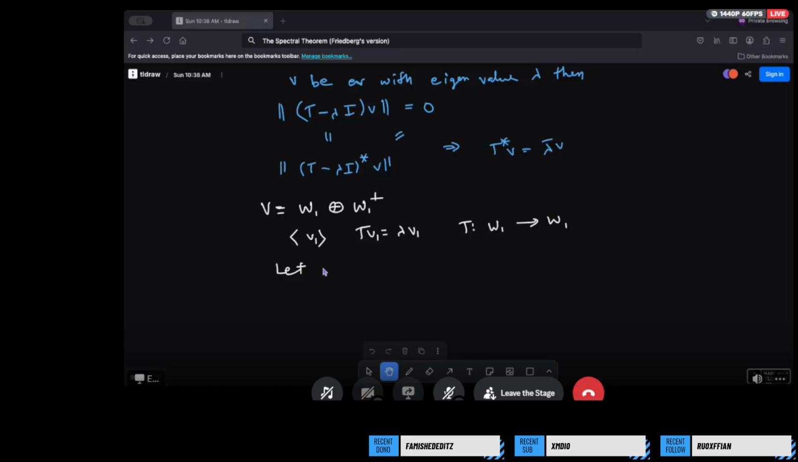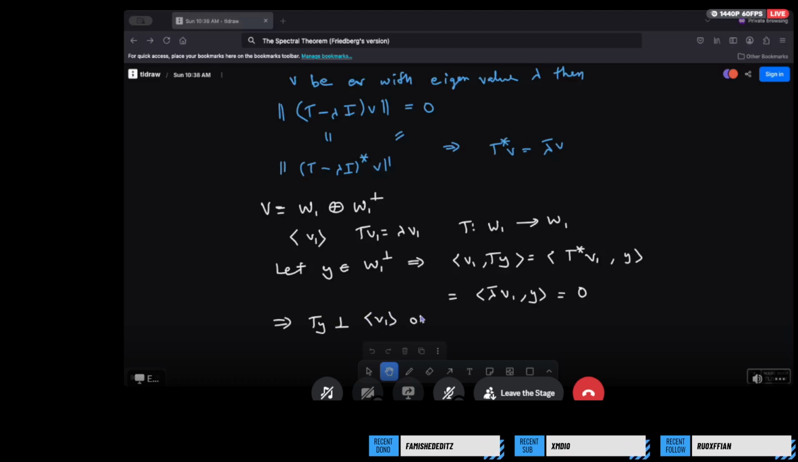Now let Y be perpendicular to W1. Then the inner product with V1, comma Ty is actually equal to T star V1, comma Y. And from what we just showed, this is equal to lambda bar V1, comma Y, which is equal to 0, right? So this again shows that Ty is perpendicular to V1, or T is a map from W1 perpendicular to W1 perpendicular. And we're done because V is equal to W1